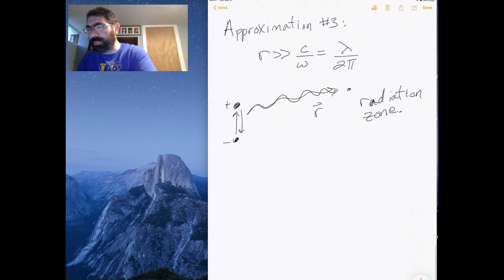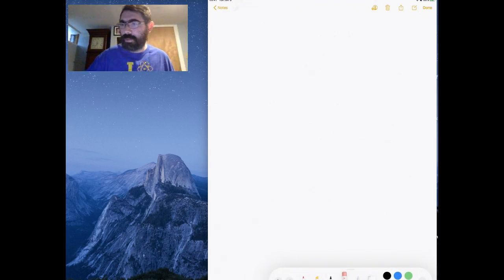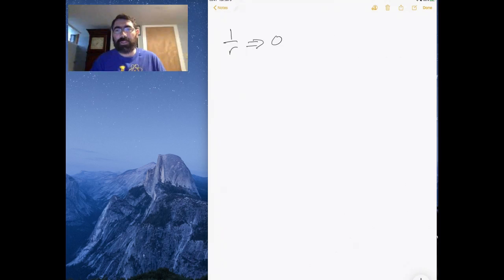We can make an approximation with the sines and cosines. And what we're left with is essentially that 1 over r is now going to go towards 0. We're very far away from the dipole, which means that we can now eliminate that cosine term, and what we have is